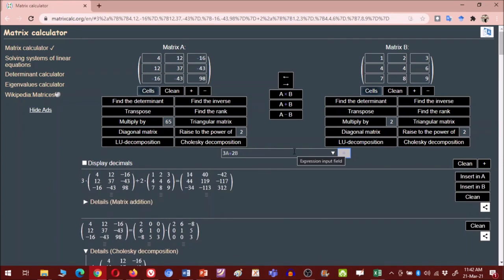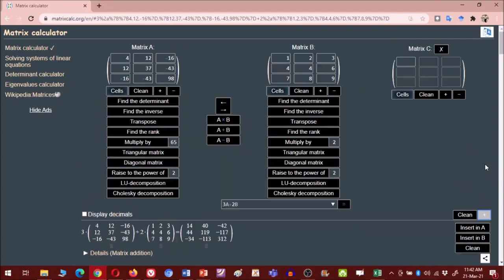If you have another matrix, so for example if you have 3 matrices, then just click on this plus icon. So it will give you matrix C. Then again you can have this plus 4c. So suppose you have to calculate this. According to your use, you can use this tool, and this also gives you the detailed solution.